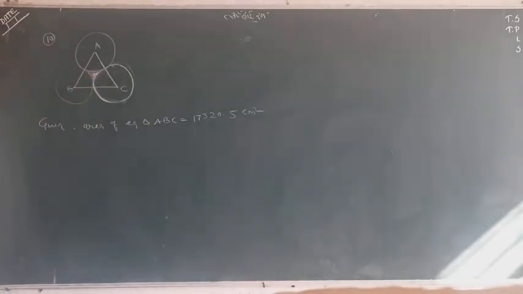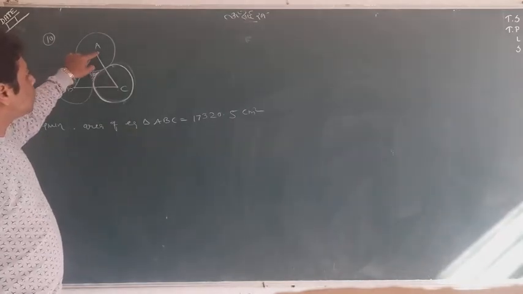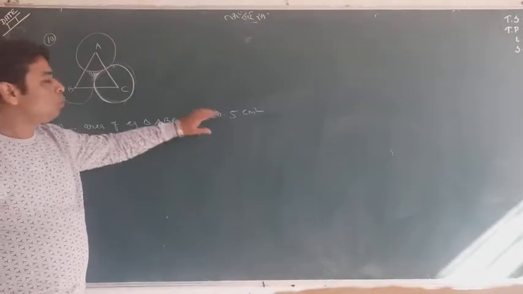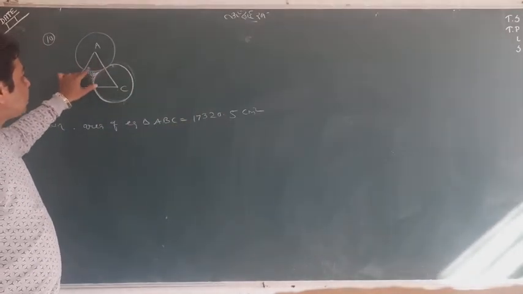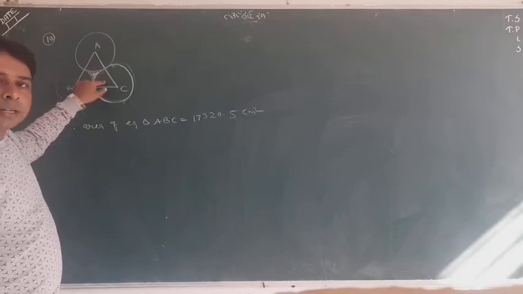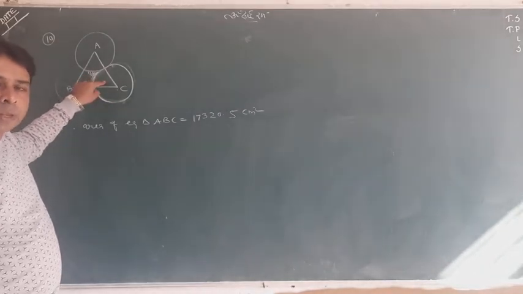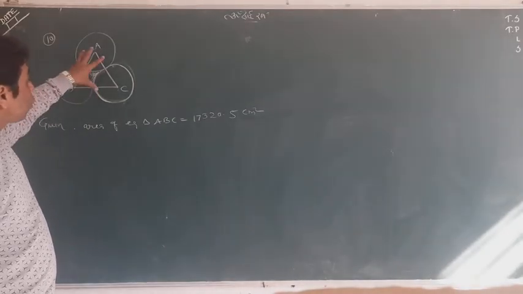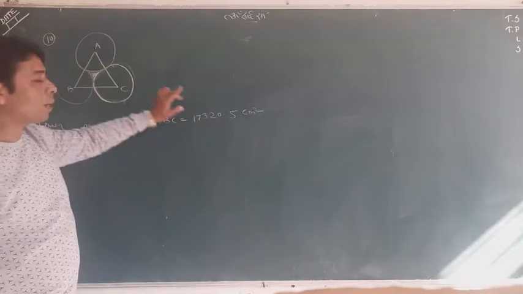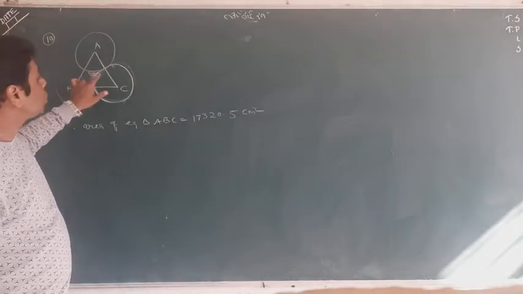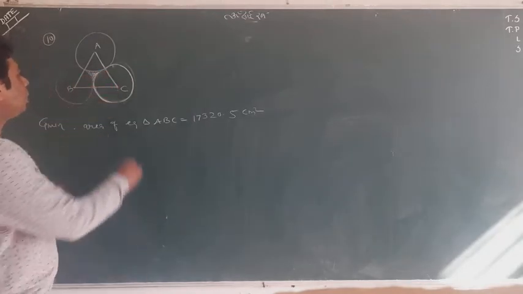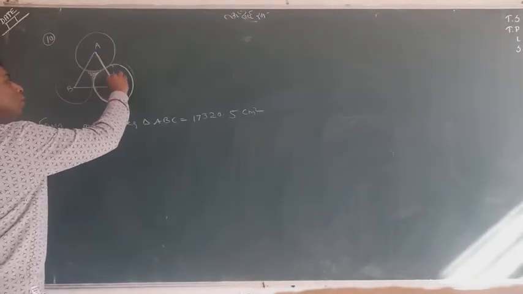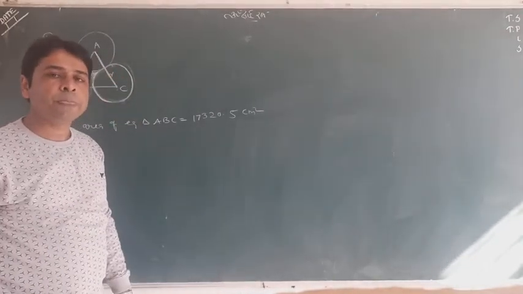We want to find this area. Let me explain one thing: you first find the radius. Because the area of the equilateral triangle is given, you just need 3 equal sectors. If you can find the area of one sector, you can multiply by 3 and subtract these 3 areas from the equilateral triangle area. You will have this remaining region. This will be the radius of the sector, which is half of the side. So first of all, I will find the side of the equilateral triangle.